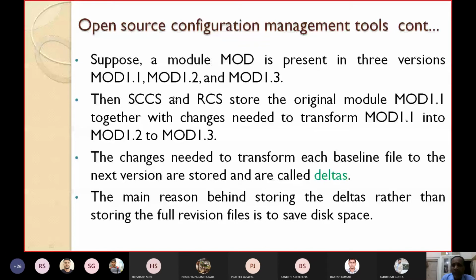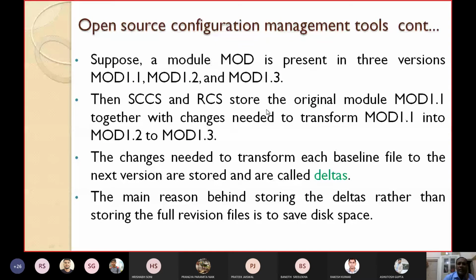So two things you have to store: the baseline version and these minor changes, called deltas. Then we can get the complete system.